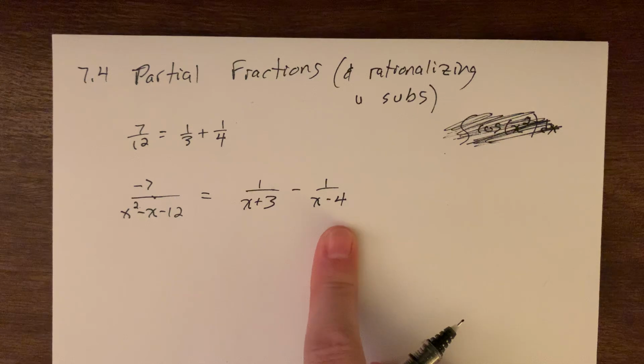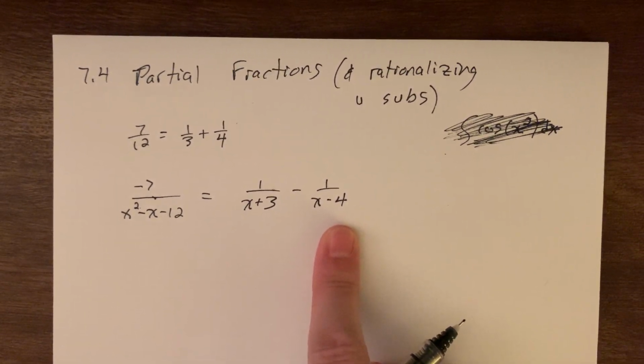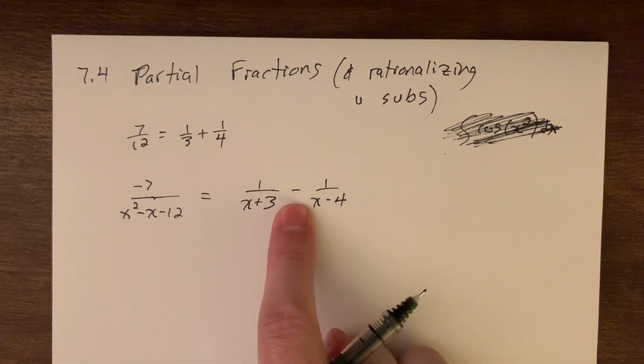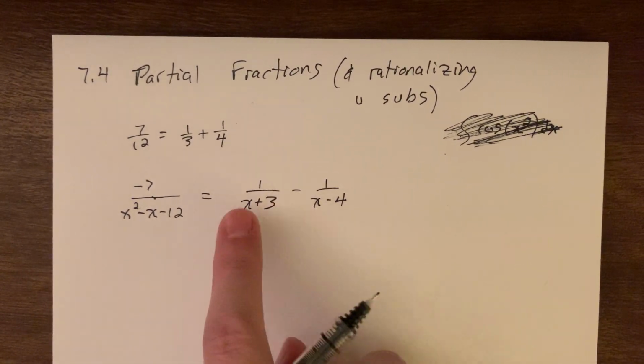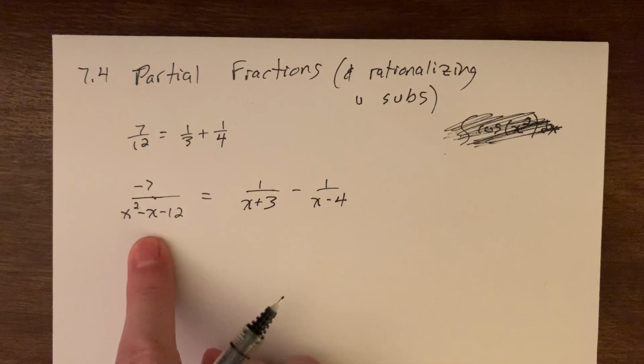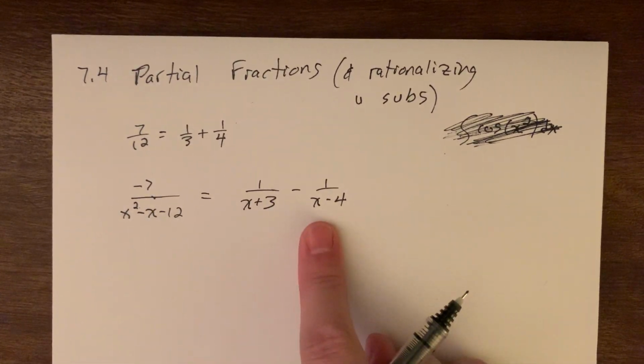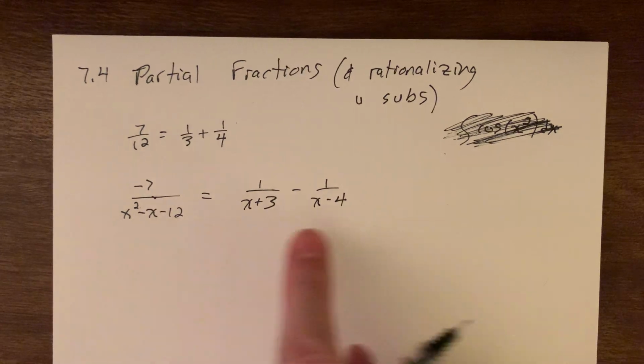Now again, that's a little backwards to what we're used to. It's a lot more common for us to start with two separate fractions separated by addition or subtraction, get a common denominator, and combine and make them into one fraction. So why would we be interested in going backwards like this? Well, think about this as an integral. Instead of just fractions,